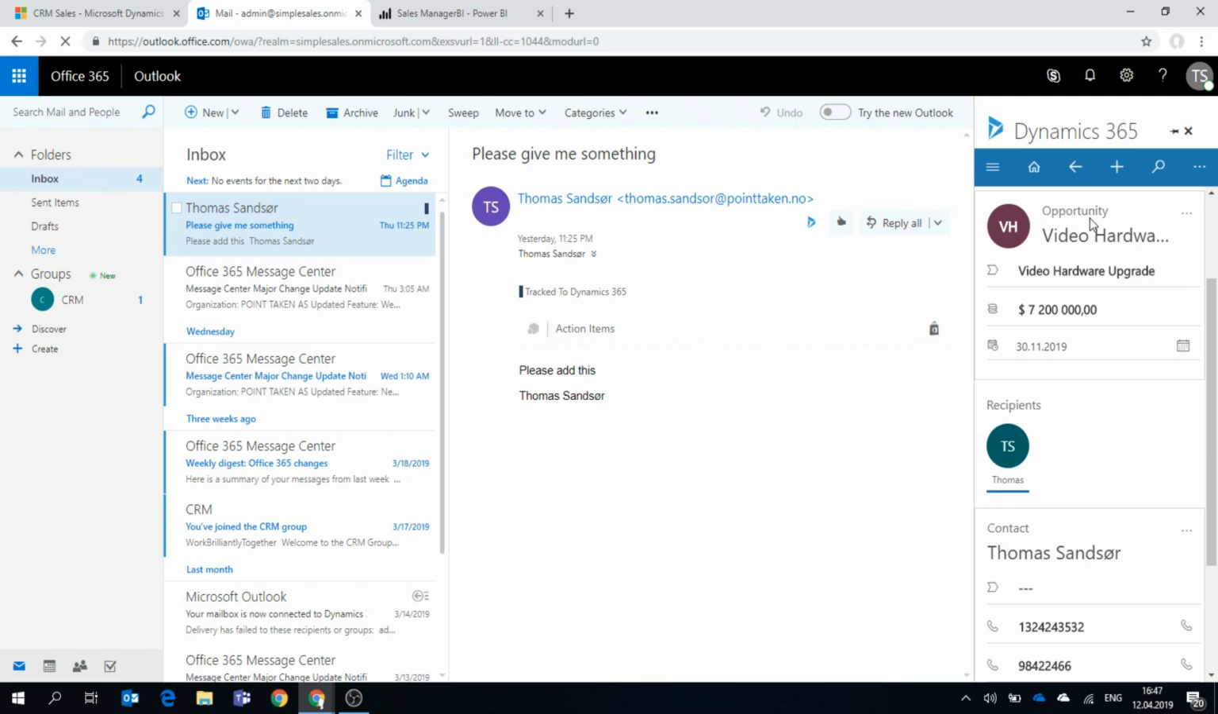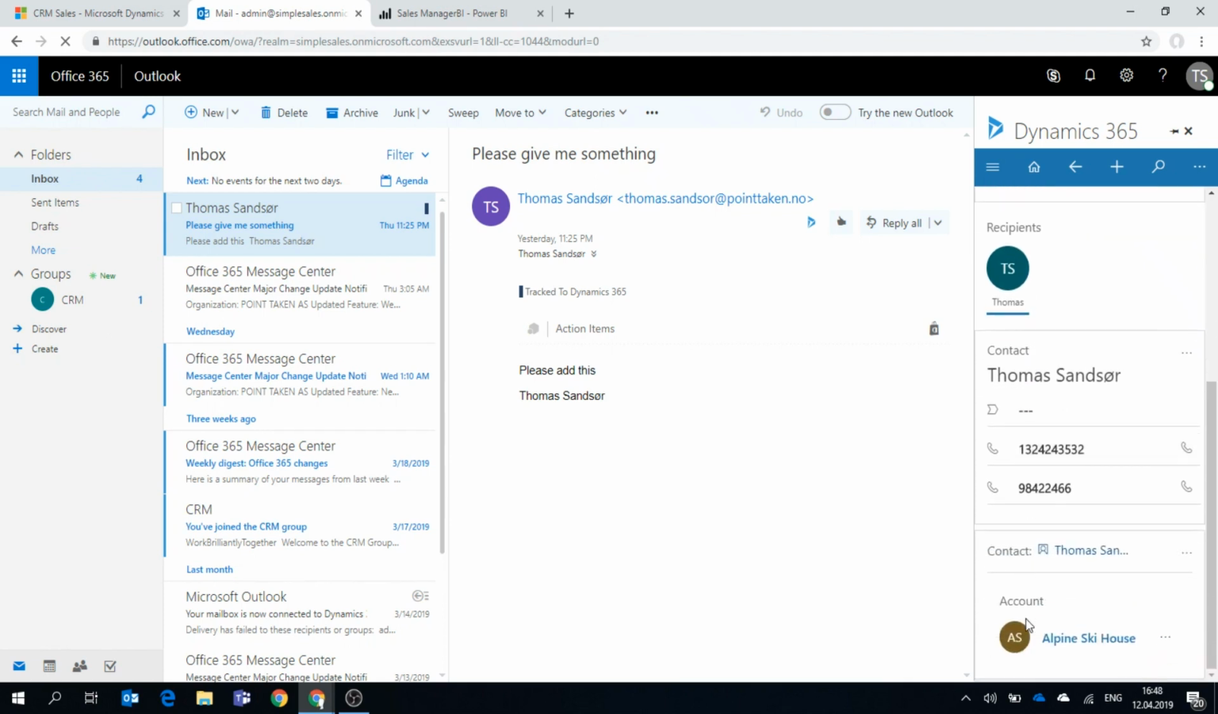So when I go into the opportunity now, I will see this email. I get a glimpse here of the opportunity, and because of my email address, it knows that, okay, we know that this is Thomas. But in addition to that, we also know that Thomas is connected to this account. So by tracking this email, we are now capable of seeing this activity in 3 different places, but it's only stored one time. So if I go back to CRM now,